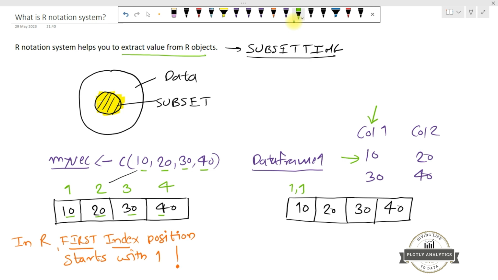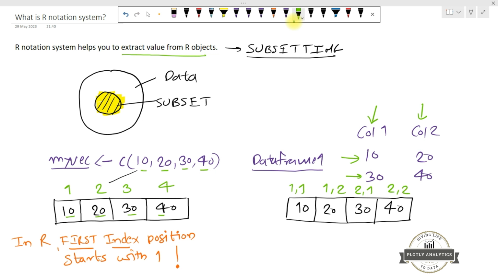Now 10 belongs to the first cell, meaning row number 1 and column number 1. In a similar fashion, 20 belongs to the second cell, which is first row and second column. Similarly, 30 will be the second row, first column, and 40 will be the second row